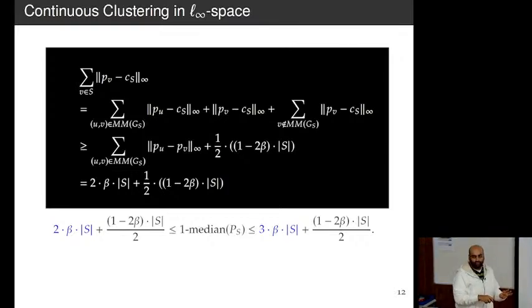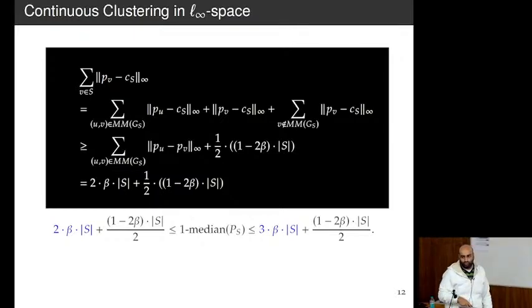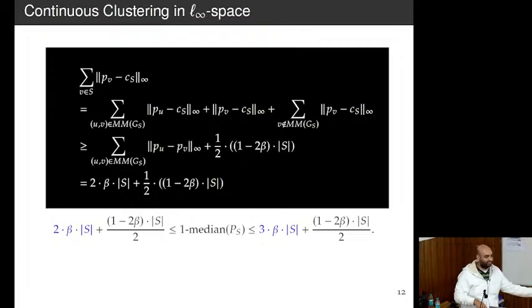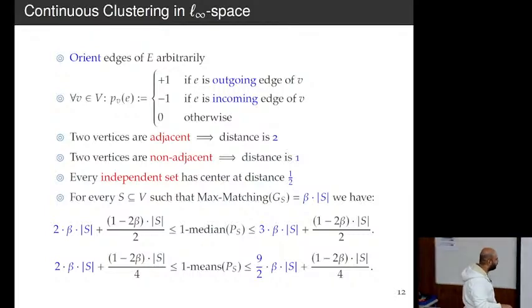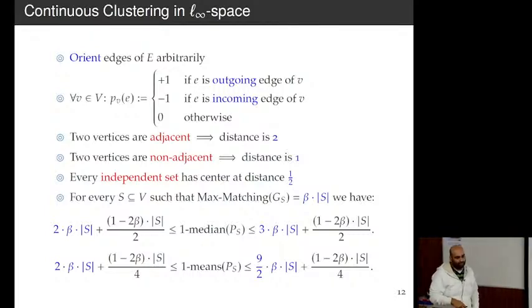And the way to think of it is this. Your beta in the yes case is close to 0. So this will be close to 0. And you're basically just S over 2 in the yes case. And in the no case, your beta is close to half. So the lower bound, here this S, and then this something. So in the no case, the cost is at least S, and in the yes case, it's at most S over 2. You get something similar for K means. The half is replaced by fourth because you're squaring, and so on.